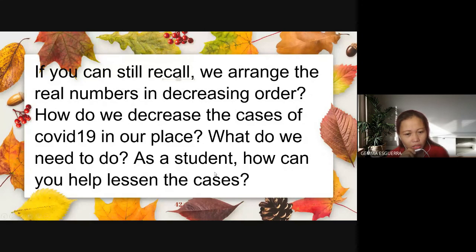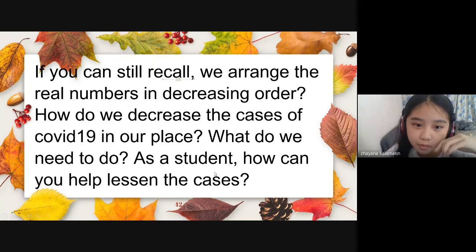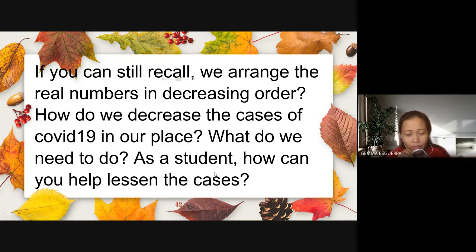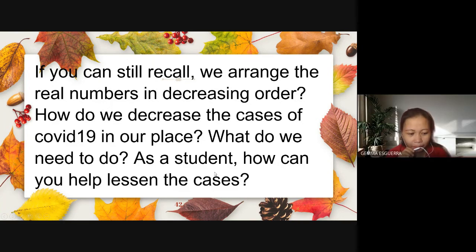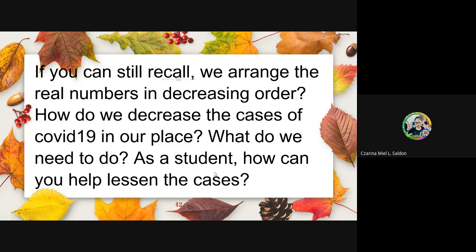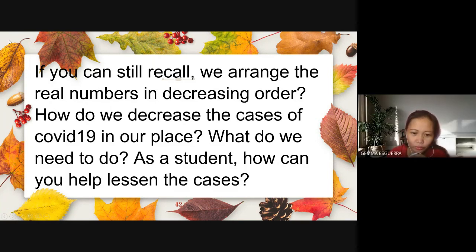So, how about increasing? How are we going to apply increasing in real life? Anong kailangan nating increase ngayong we are dealing with the pandemic? Increase obedience po. Okay, increase obedience to the parents and to your teachers, doing the task that was assigned to you. Towards your study, Daniela? Maybe we could increase our grades if we can. Zarina? Increase po ng mag-study always. Okay, thank you so much for all your answers. That's all for this activity.